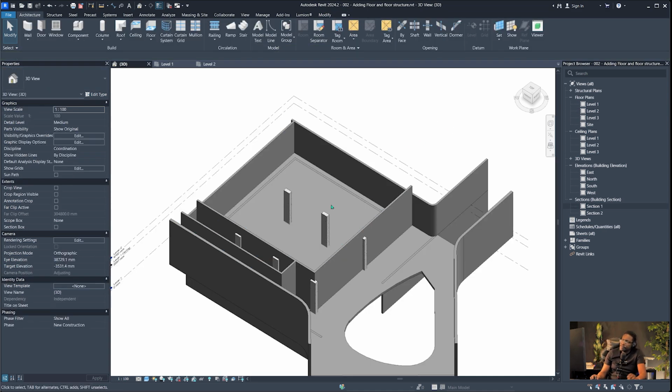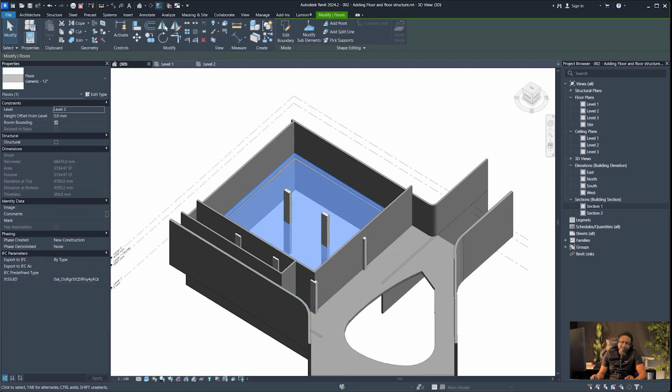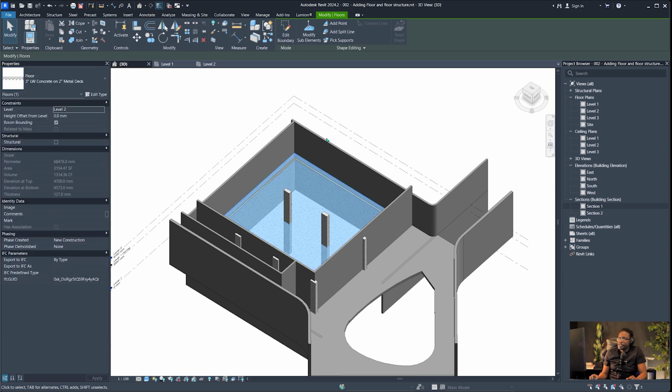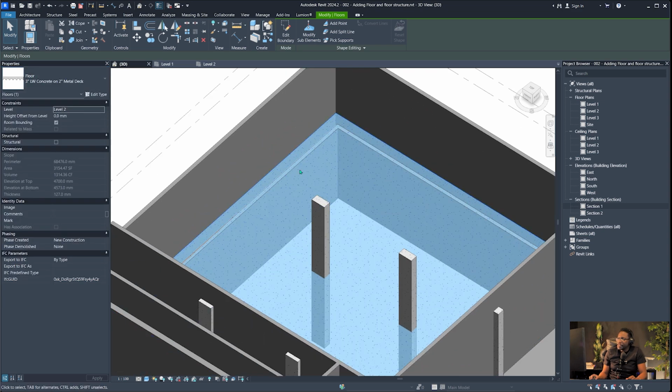So what we can do about this deck here is, based on what we have in the drawings, we can just actually change this from floor, and we can just pick this one, or we can pick the 150 millimeter concrete and metal deck. Now, if you don't see this here and you only see this one, it's no problem. You can click it and notice that it will change here, right? And don't worry, we can change the name and the thickness of this as we go on, right? So for example,